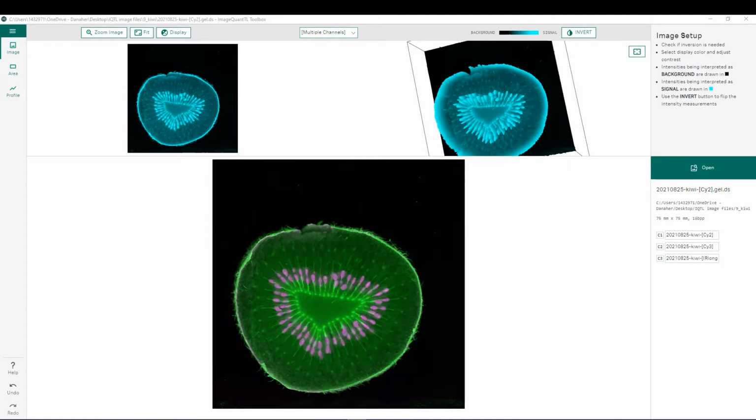For this tutorial video, we are using a multi-channel image of a kiwi that can be treated as a tissue section where we can define multiple regions of interest within our image. Once we have opened the Analysis Toolbox module and imported our image, this will be the screen we will see